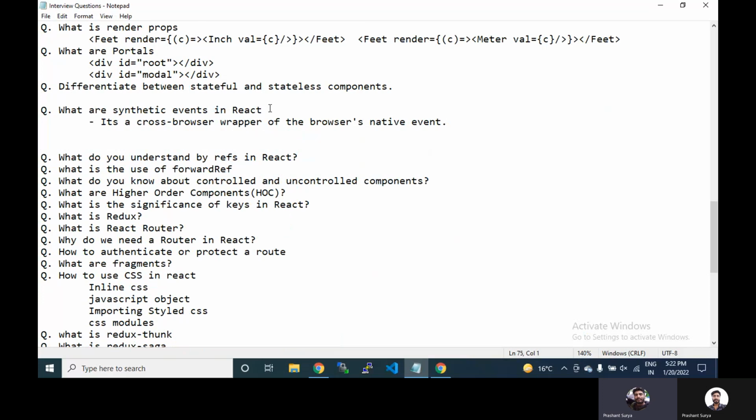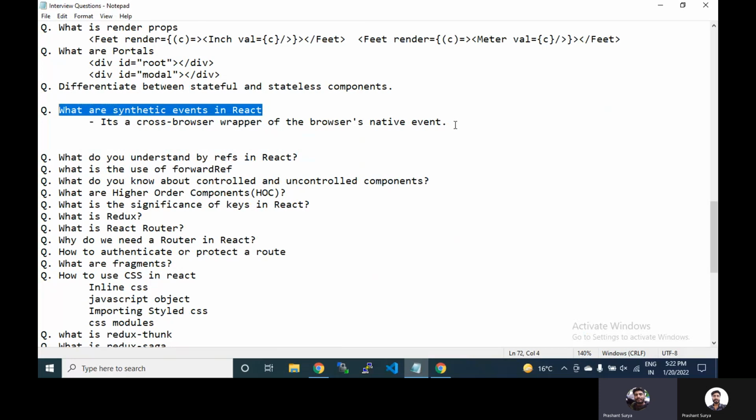What are synthetic events in React? Basically, a synthetic event is a wrapper, because it wraps over the cross-browser native event. If you know HTML, it has the click event, key press, mouse over.